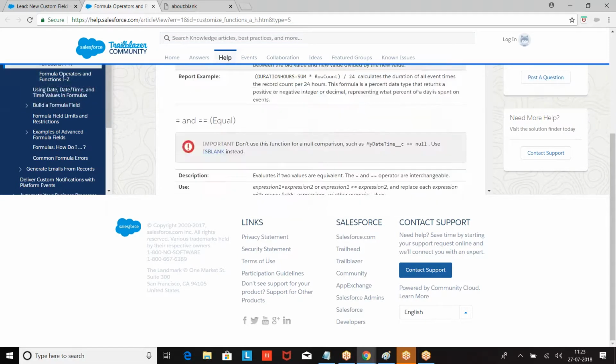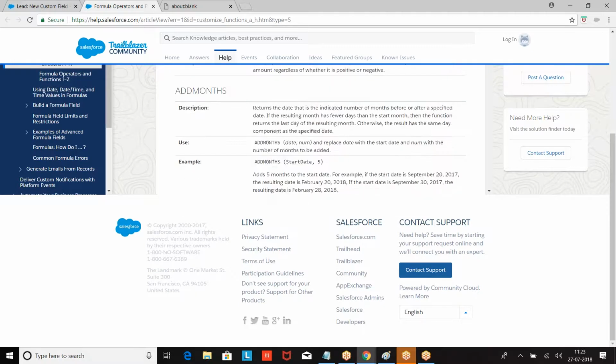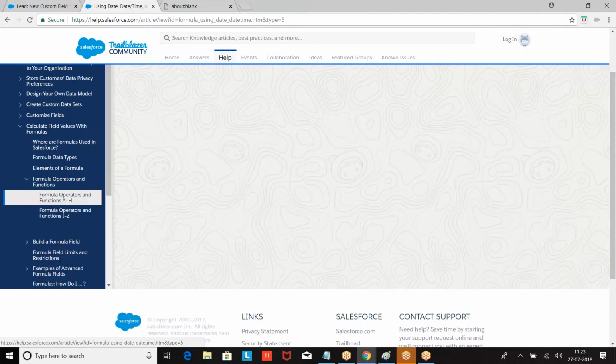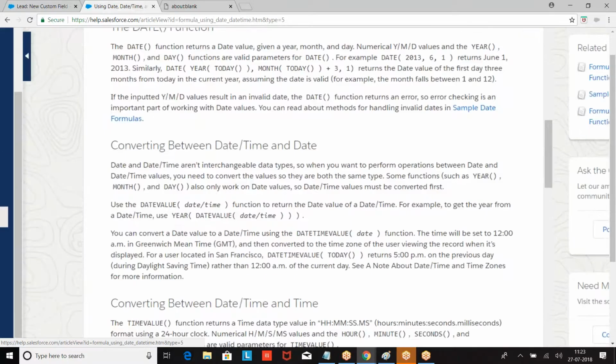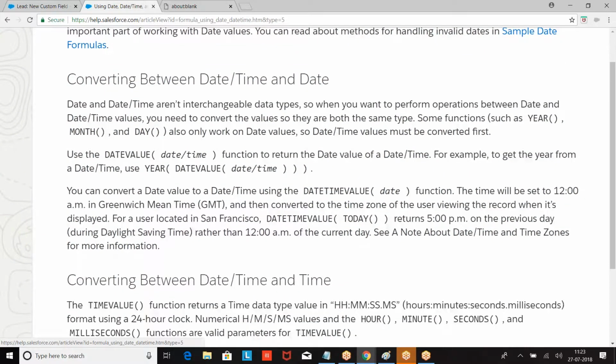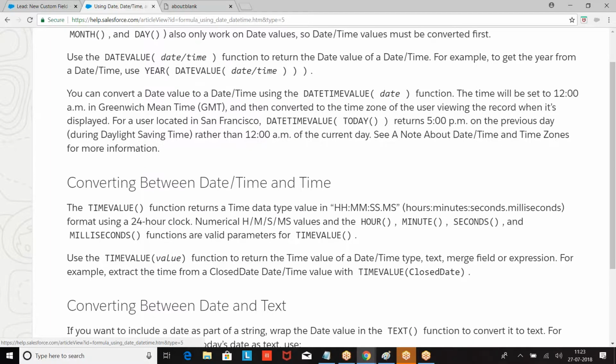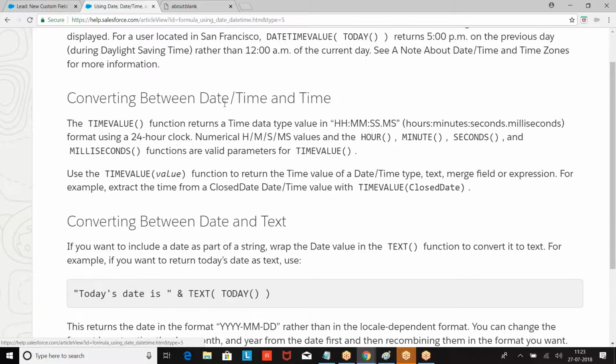Okay. Now, what are the functionalities we had? So let us look at this documentation. A lot of unwanted, but still, as a part of the course, you have to learn. Okay. So what are the values we have? Date, time. Instead of typing it, I am giving from the documentation. Lot of functions are there. Now we have a date and time which you want to convert into time. If I give a date and time, I want to get the time. So what was this? Time value. This function will give time from the date and time.